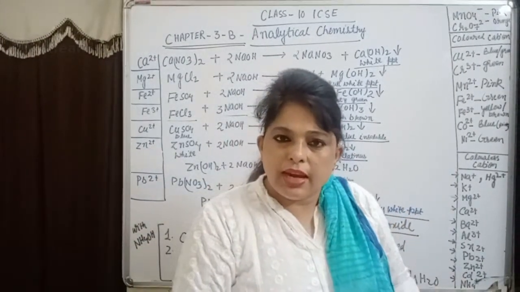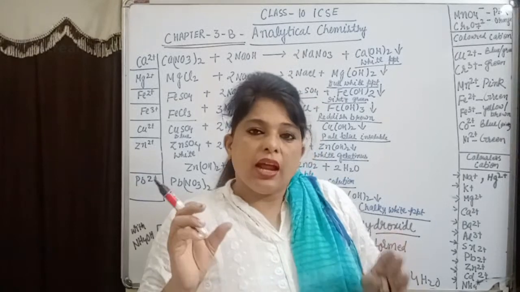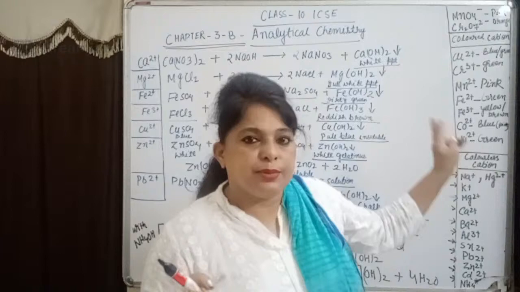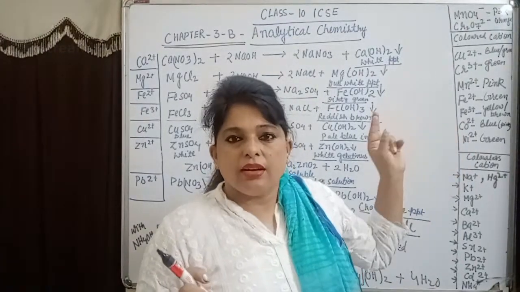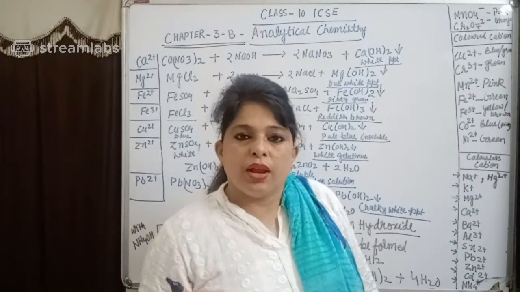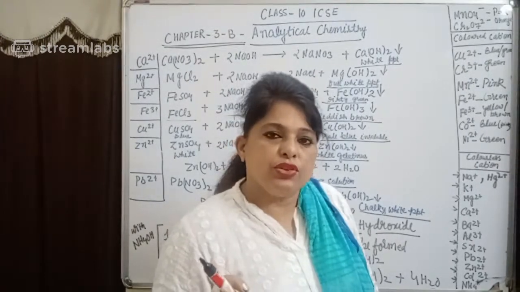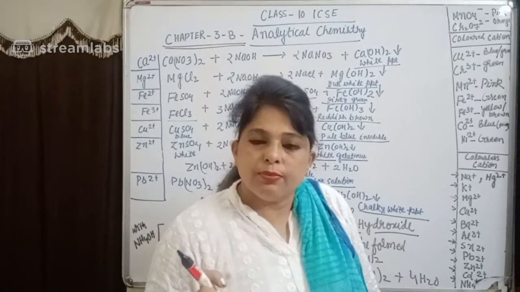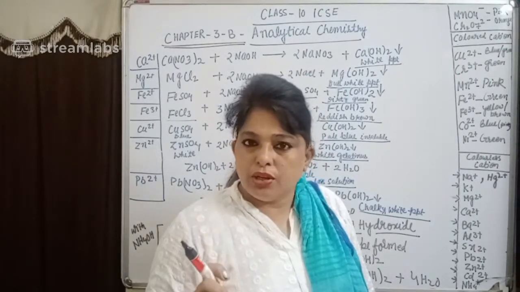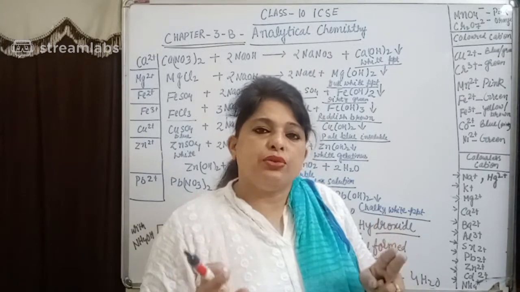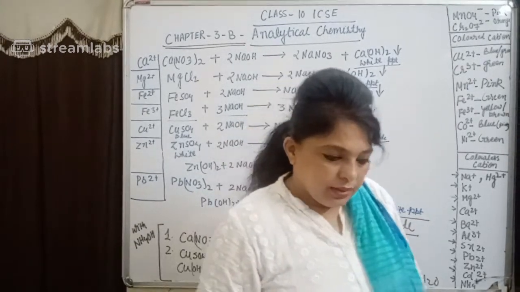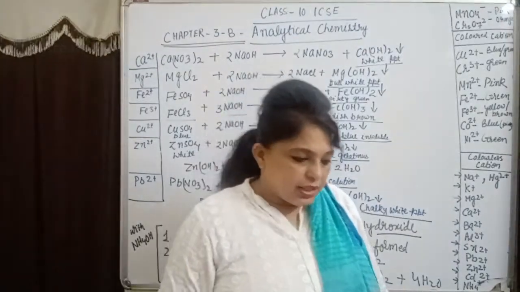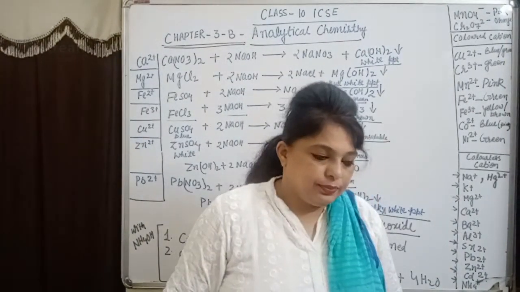Sodium hydroxide plus copper sulfate, and the color of the solution of copper sulfate is blue, since the copper 2 plus ion is present, and copper sulfate is always known as blue vitriol. Why blue vitriol? Because the color of this salt is blue. So when you make this solution, you will get a blue color solution. So what will happen to this blue color solution? Yes, Archika has written reddish brown precipitate.